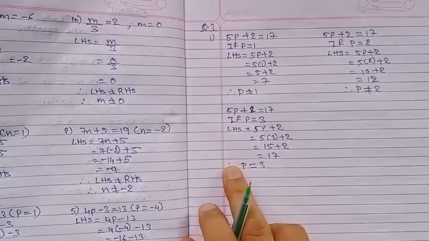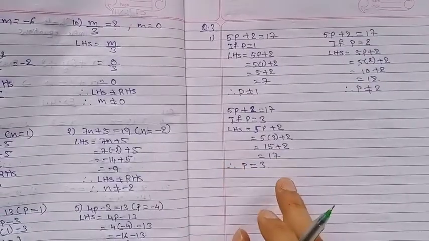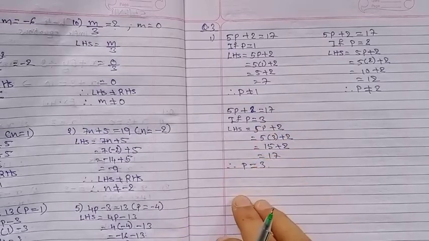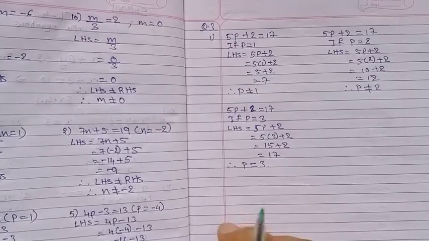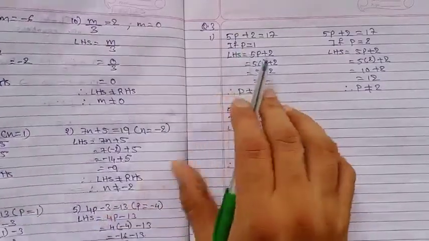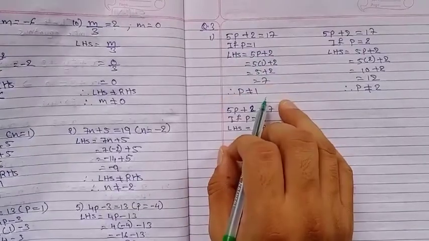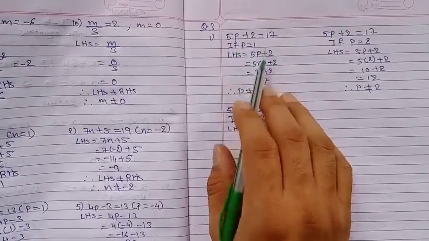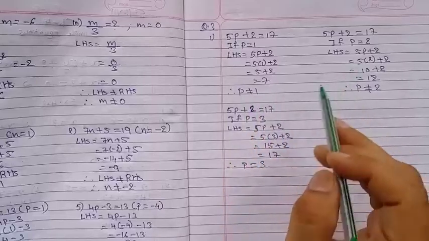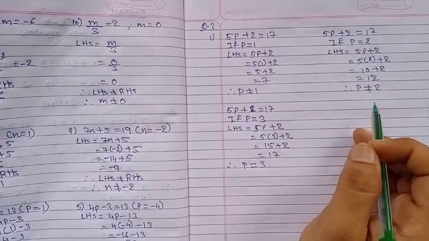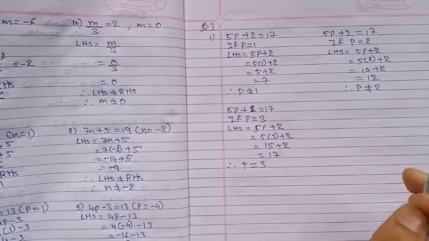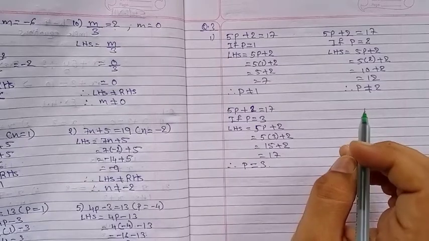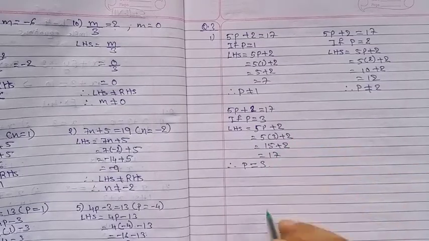In that, the first one I had done. Now the second one, again you have to do it in the same manner. There it is given 3m minus 14 is equal to 4. In the same way, first take m is equal to 1, put it into the LHS and see if we are getting the answer. No, then it is not equal. Try by 2. Try by 3, 4, like that you have to go on trying, and finally you will get the answer that m is equal to what.